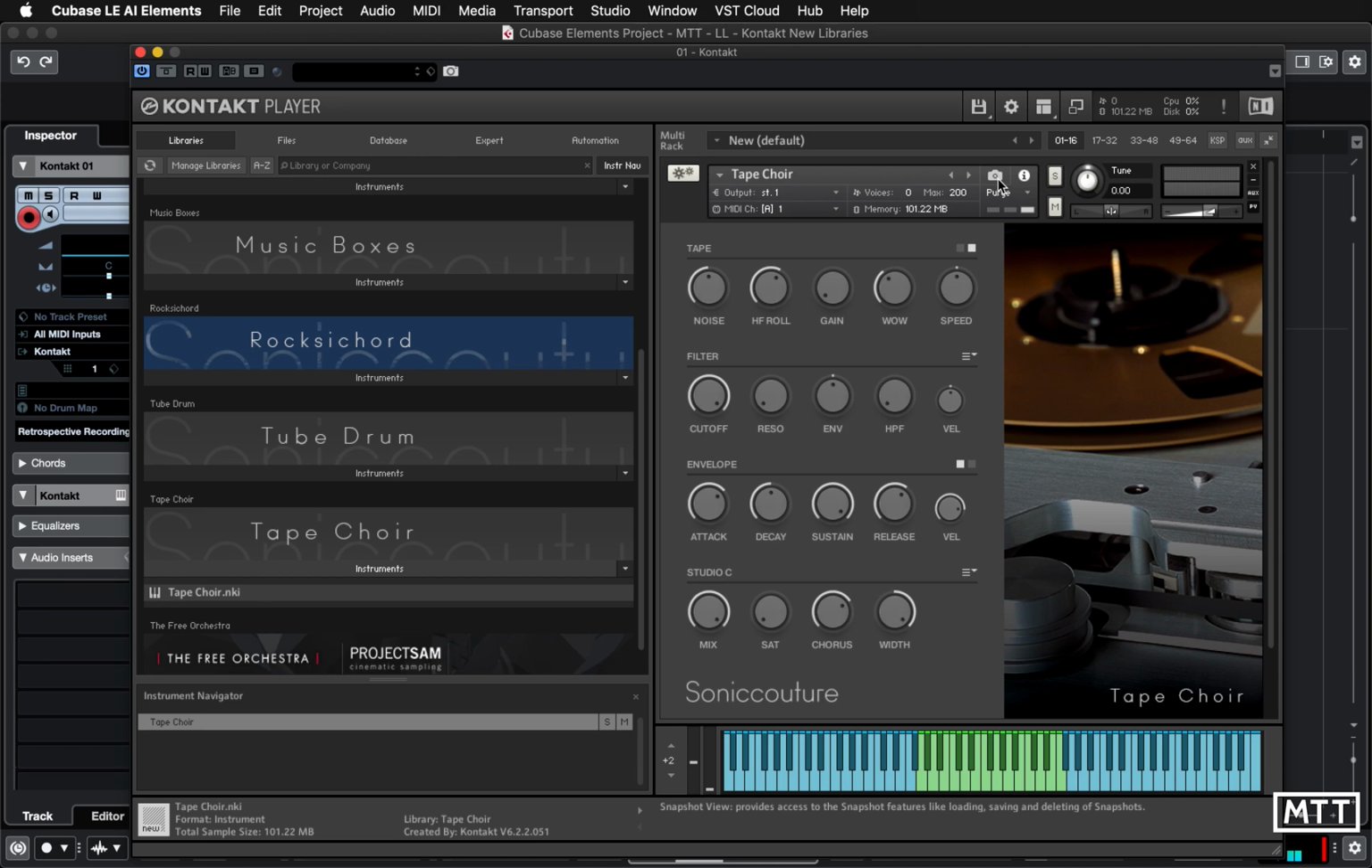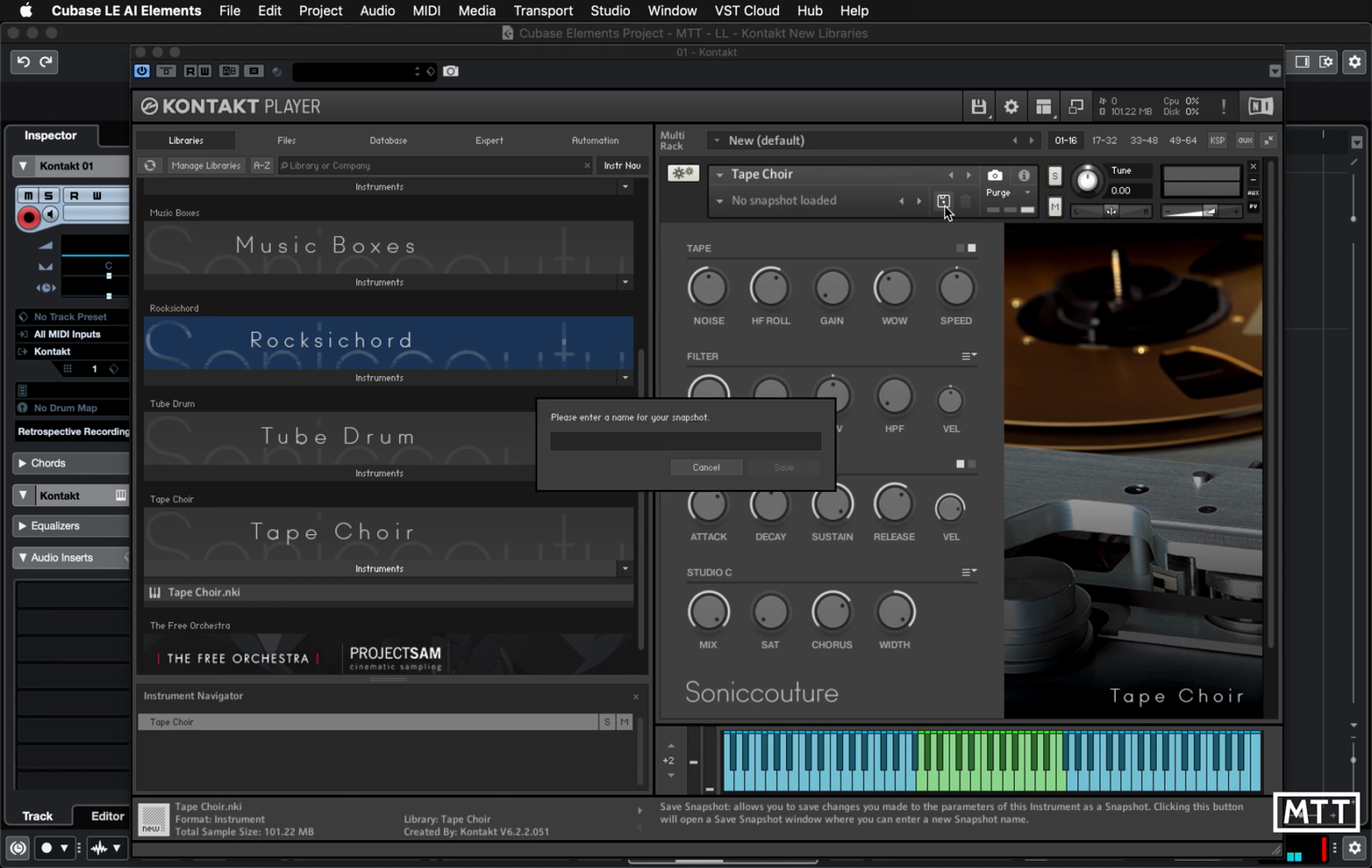Now, you may want to save these sounds, because after all, you might pick a patch and think, oh, that's great. So if you do, click on the little camera and then you can create a snapshot. So here you've got the save snapshot. You can give it a name. So I'll just call it default choir